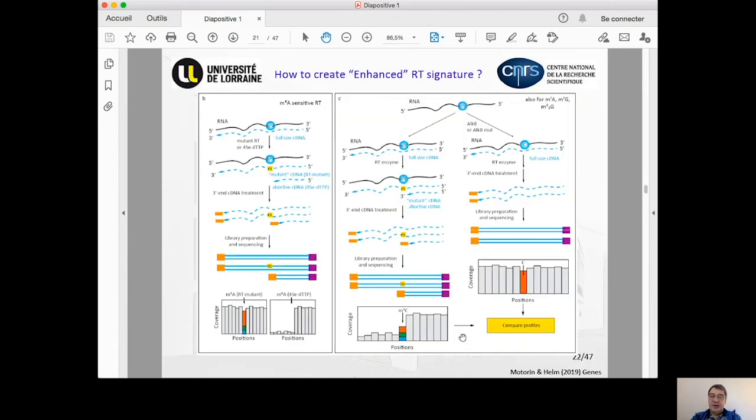So how can one enhance the reverse transcription signature? This was demonstrated for the detection of M6A, which is normally an RT silent nucleotide. To make it detectable by reverse transcription signature, one should modify either the reverse transcription enzyme by introducing a mutation in the active site, or use an analog of dTTP, here selenium-substituted thymidine. So in this case, normally RT silent M6A will be detected either as a misincorporation profile with an RT mutant or by the coverage drop corresponding to arrest of reverse transcription due to selenium